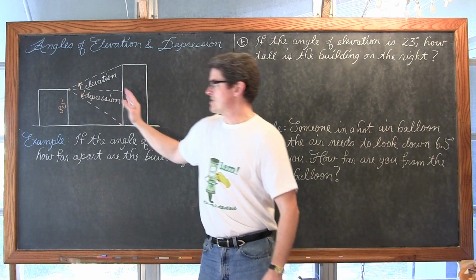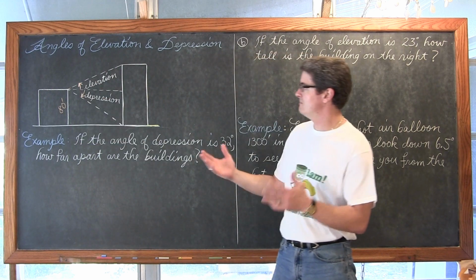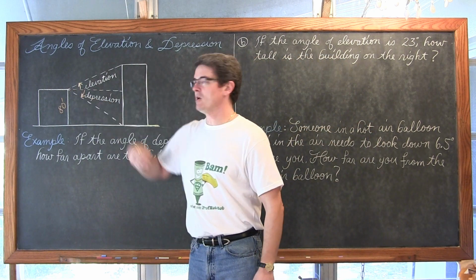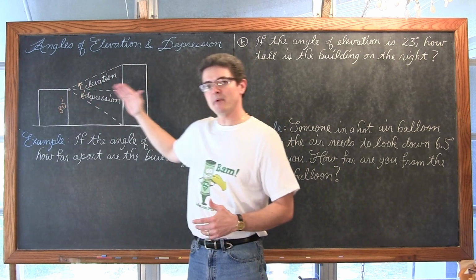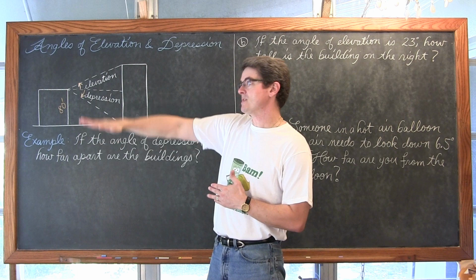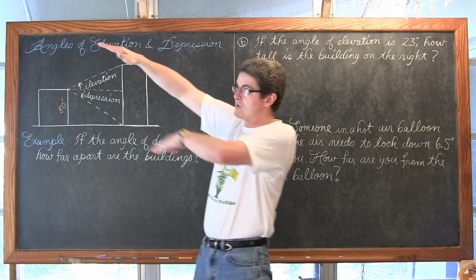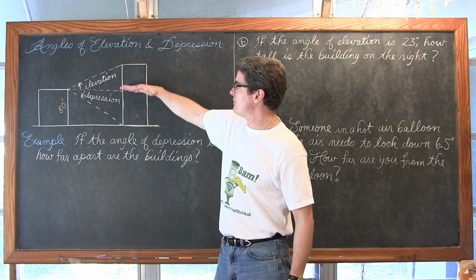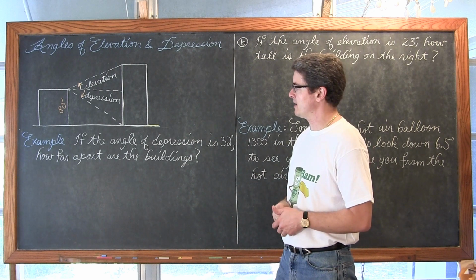So I've got a couple of buildings here. I know that one is 80 feet tall. I just made up these numbers. I don't really know if that's a good height of a building or not, but it's what we have. And we're going to assume that they're on horizontal or level ground, so in comparison to each other, we have this horizontal line. And angle of elevation is how much you have to look up at something. You're elevating your point of view to see something else. So you're looking up. And angle of depression is simply looking down off of horizontal, based on wherever your eye level is at. And right now we're just going to say we're at the top of this 80-foot building.